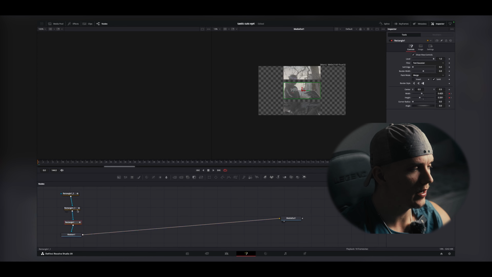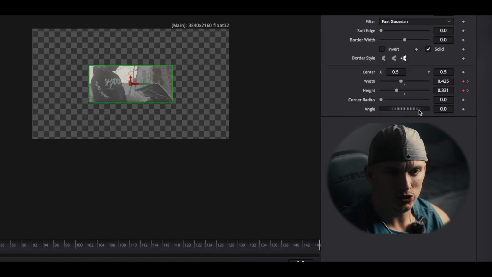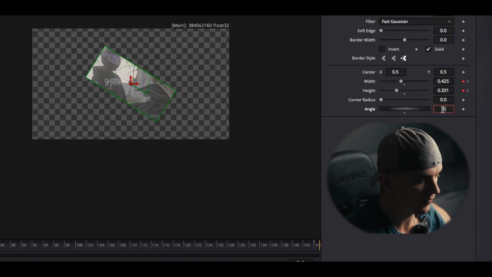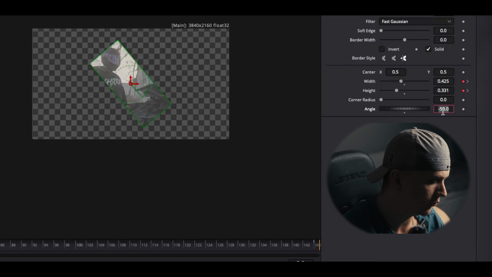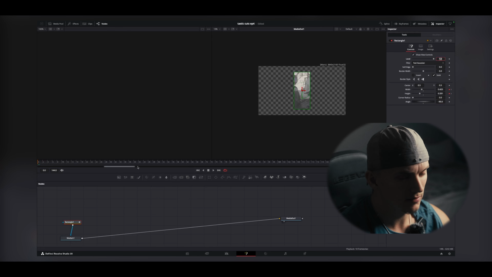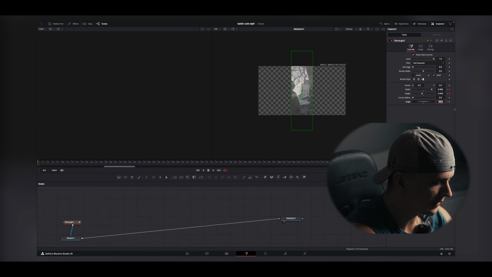What we can also do here, let's take away the top two just to show you. You can adjust the angle here as well. So in the inspector tab right here, you can go to angle and you can move this to plus or minus, whatever you like. Let's do minus 90, just 90 degrees. Let's have the playhead in the beginning. Let's make a key point and let's move to the end of the frame and let's put from 90 down